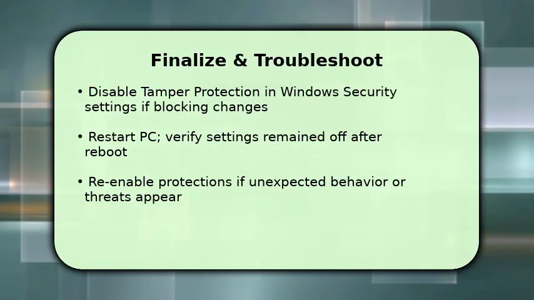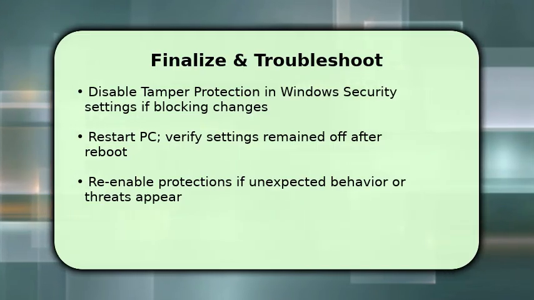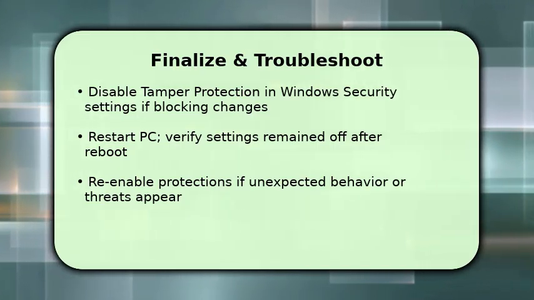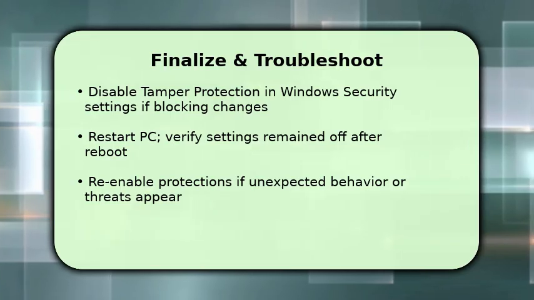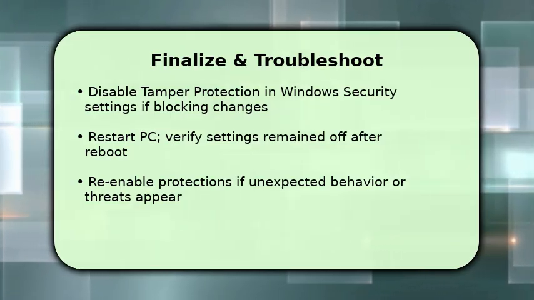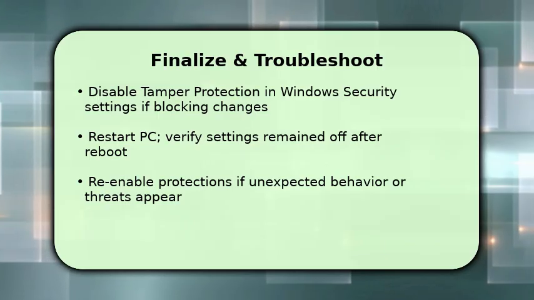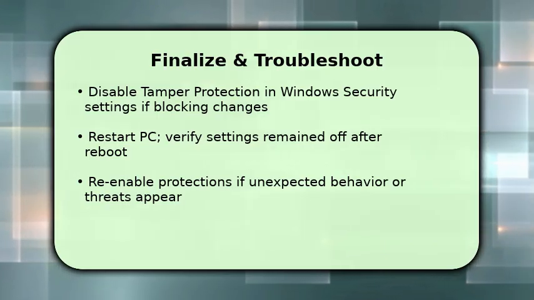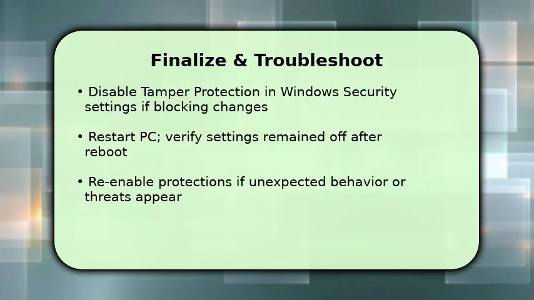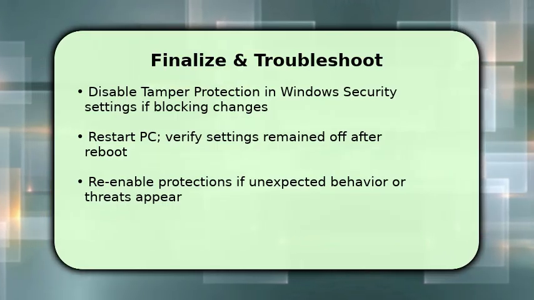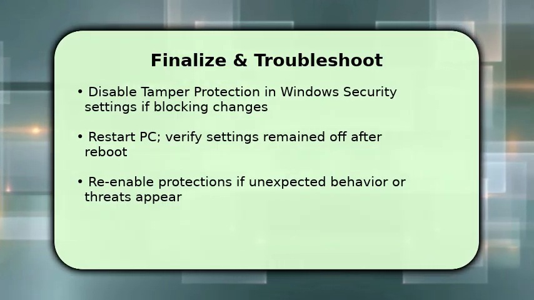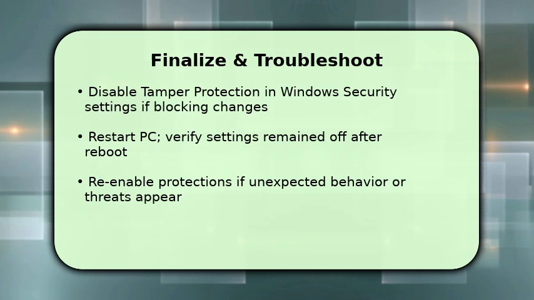Restart the PC and verify real-time protection and firewall remain off. Go back into Windows Security to confirm. If Windows re-enables defenses or you see suspicious activity, immediately re-enable protections and run a full scan. If settings won't change, use Safe Mode or run sfc/dism. These fixes often resolve permission or